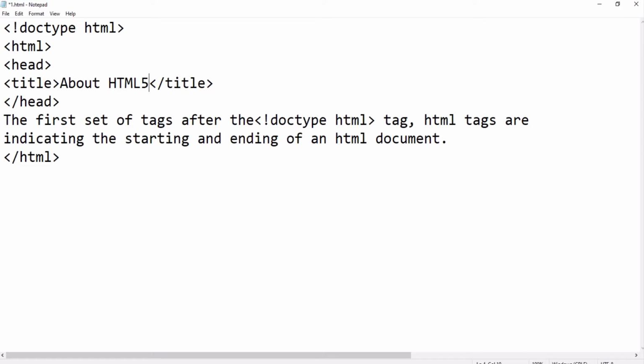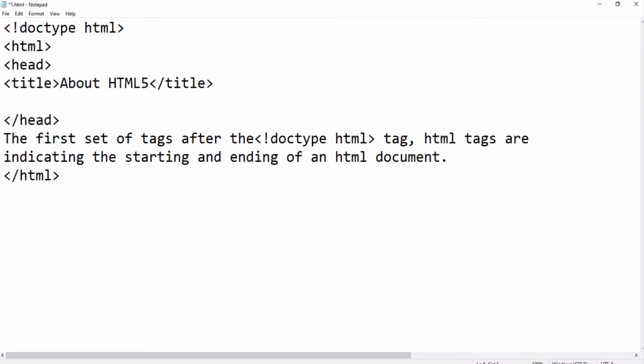Now after that, here is the meta tag. This tag is optional because it includes a page description, author, copyright information or any other keyword you want to use. It does not appear in the browser window, so it includes extra descriptive information. We use it after the title tag. Keep in mind this tag is not appearing in your browser window.